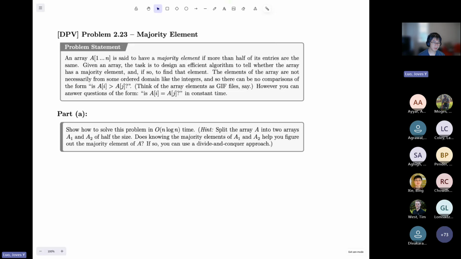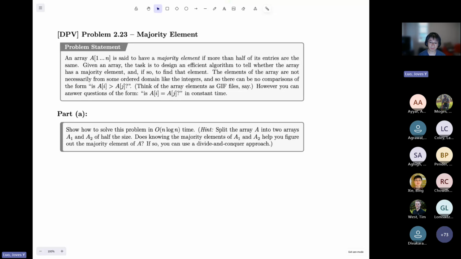The elements of the array are not necessarily from some ordered domain like integers, so there can be no comparisons of the form A[i] is greater than A[j]. Think of the array elements as GIF files. However, you can answer the question of whether A[i] is equal to A[j] in constant time. One thing that students really get tripped up by, which happens all the time when I present the solution,